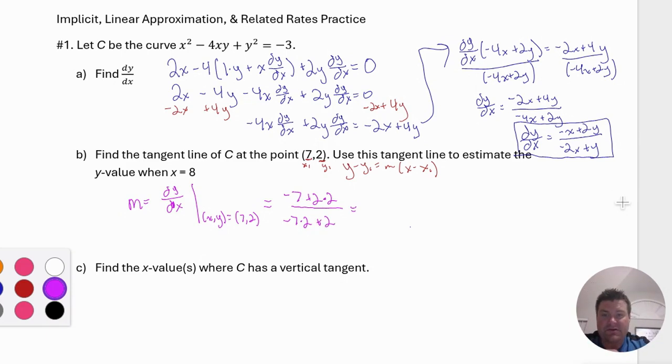So the top there is going to be negative 7 plus 4, which is going to give me negative 3. The bottom there is going to give me negative 14 plus 2, which is negative 12. So I'm going to end up with a 1/4. So now my tangent line that I have here